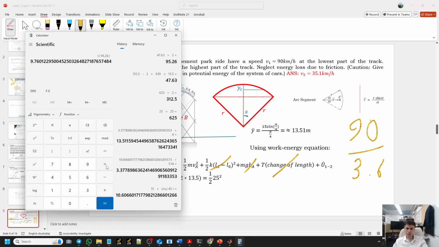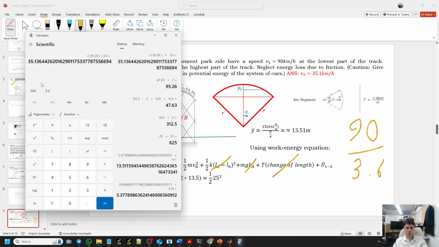And we will multiply this by 3.6. It will be 35.1. The answer is correct now. Okay,